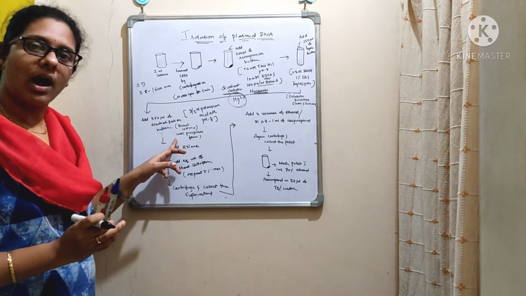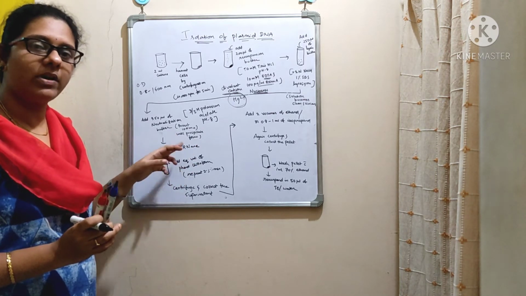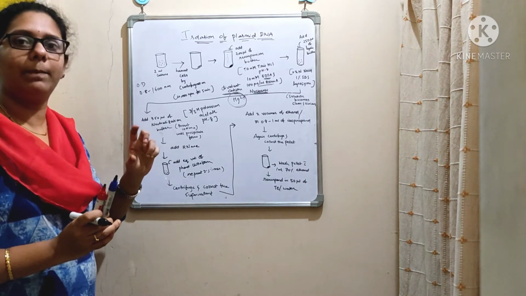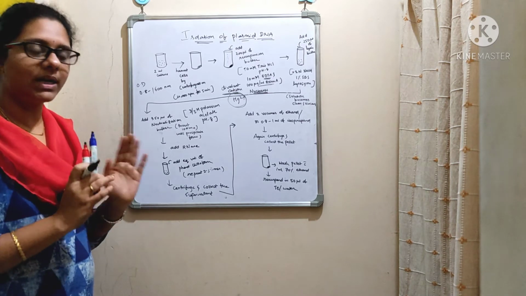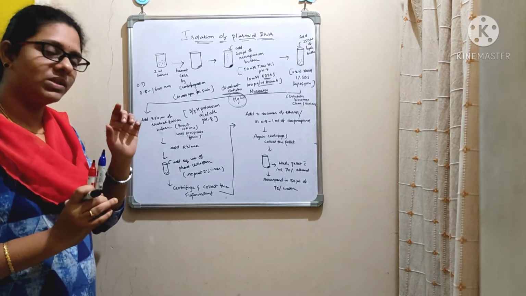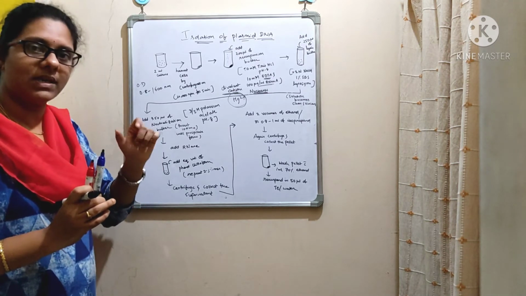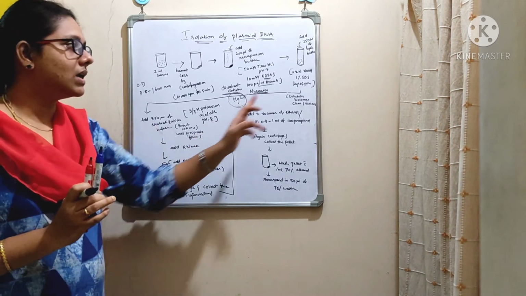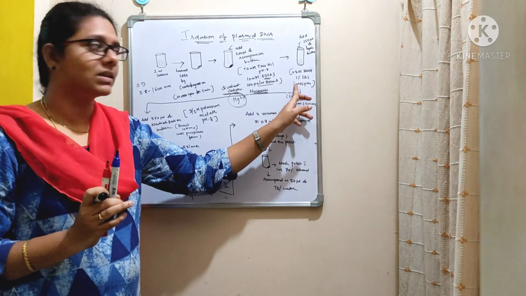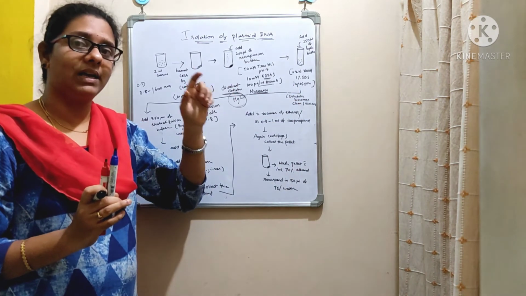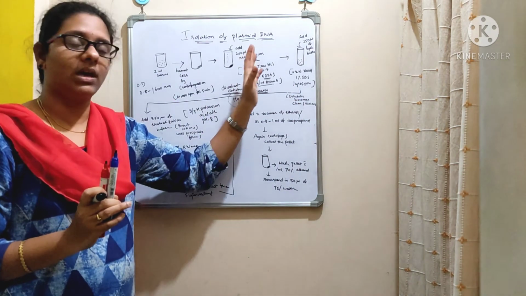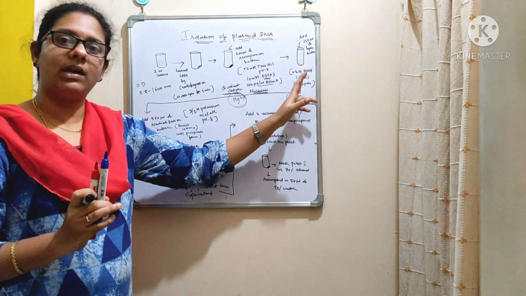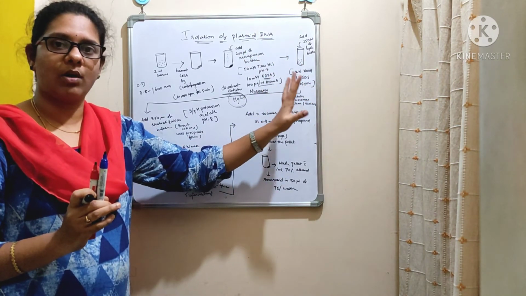What are you going to do after the addition of neutralization buffer? You have to gently mix the solution by inverting the Eppendorf tube. Do not apply more pressure. You just gently invert the tube several times, or until you get a precipitate. Here, after the addition of lysis buffer, you should get a clear and viscous solution, because there you are going to break the cell by using the lysozyme, NaOH and sodium dodecyl sulfate combination.